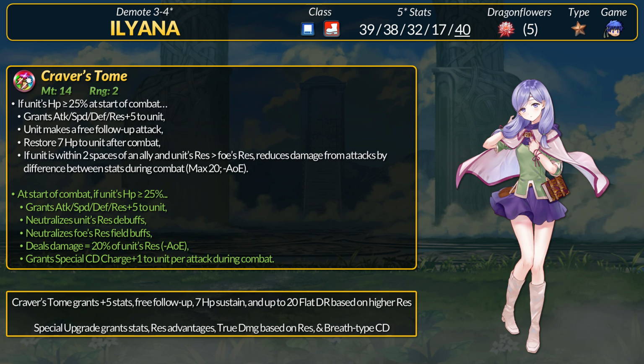Ilyana will use her good base resistance to hopefully get a lot of flat DR and true damage. She gets +10 to all stats and negates any res disadvantages in terms of field stats. It's not slaying, but extra cooldown charge is always nice and actually can work in Ilyana's advantage with a certain